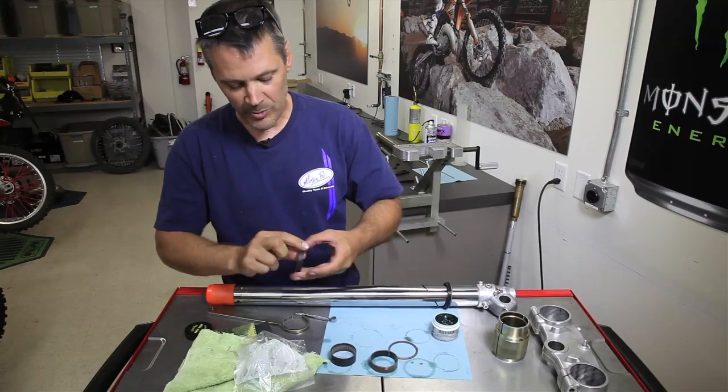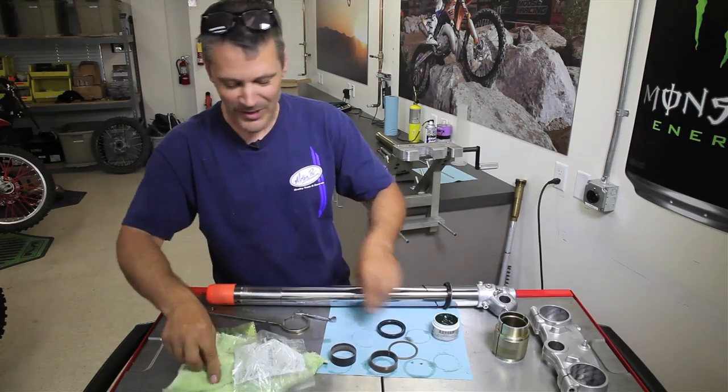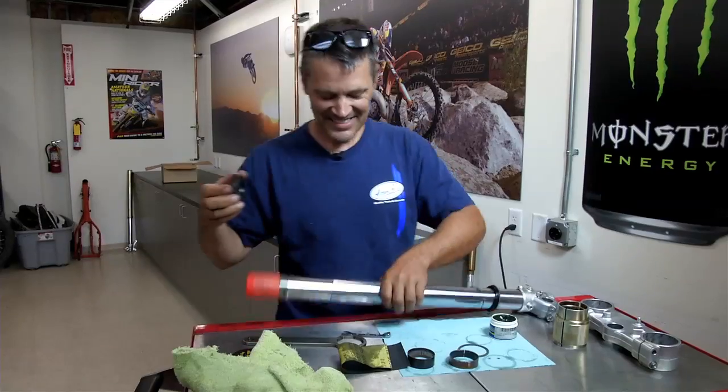It's always important to use really good quality seals. Don't look for cheap ones. They're not going to last. So once again,